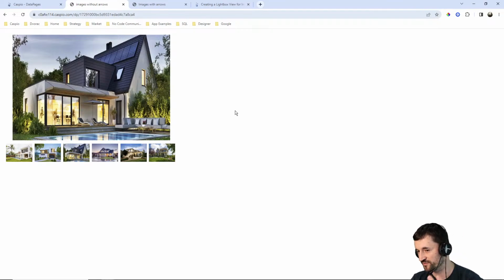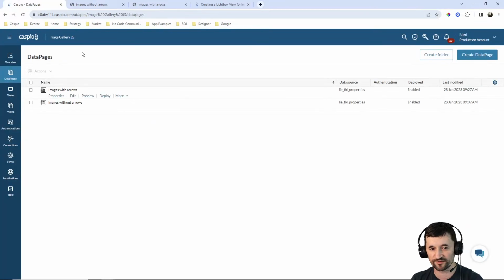And I will provide you with the code as I normally do in the description of the video. You can just copy and paste, make a few modifications, and then you're going to have the same exact behavior in your apps too. So we have two different examples. The first one is very simple. All you do is click on the thumbnail to change the image. So let's take a look at that one